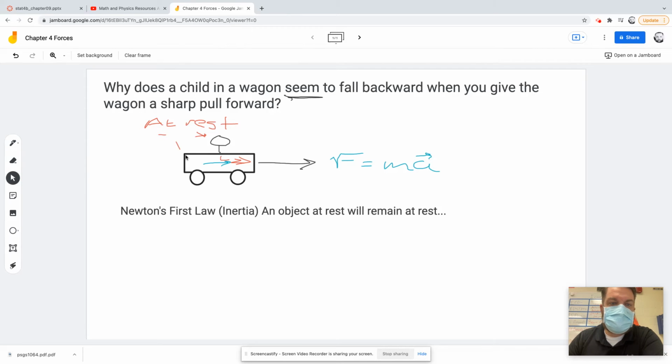So when this moves forward like this, and the wheels move forward, his body, his head specifically, is going to kind of stay at rest, and then he's going to kind of jerk